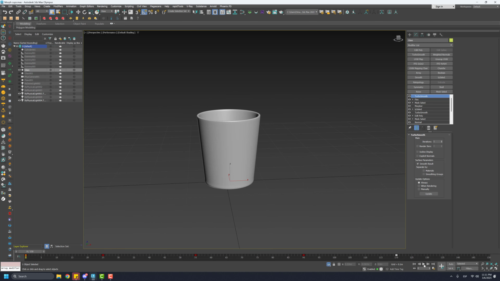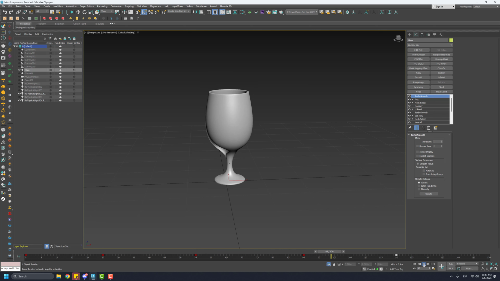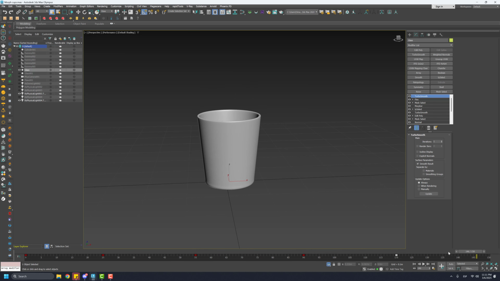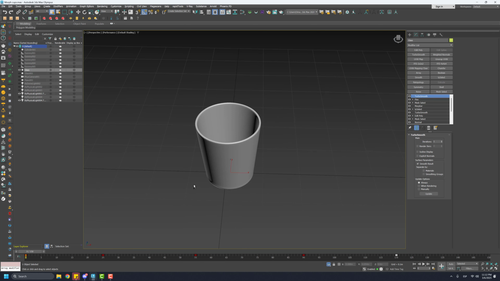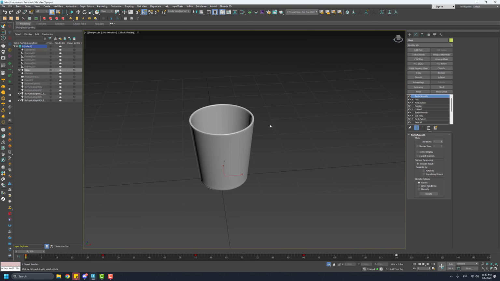How do we transform this glass into the cup with Tyselect and Morph? This is a very simple trick. I have been experimenting with other tricks, but I've found that this is a very good option. So the thing is, I know